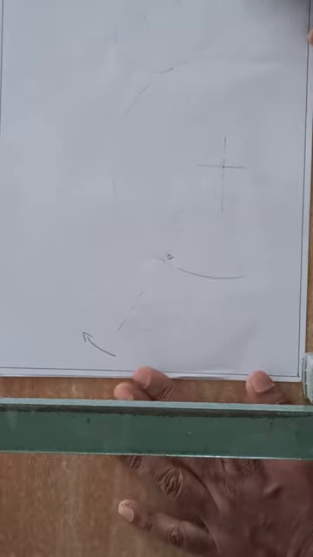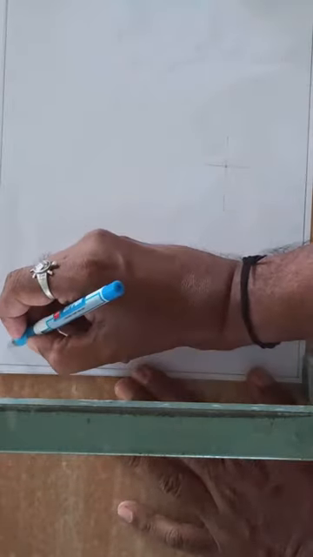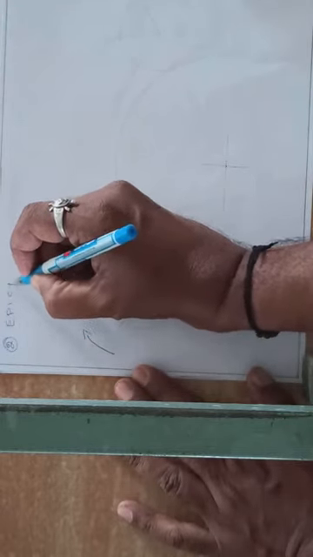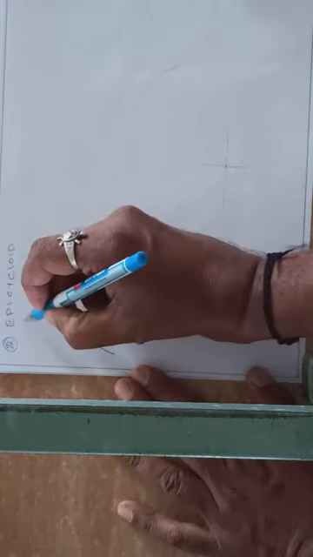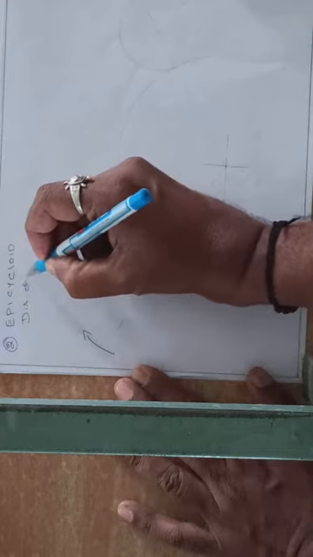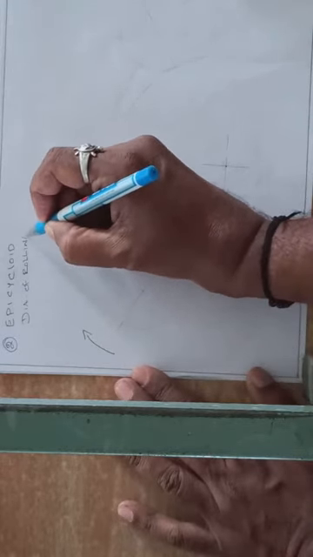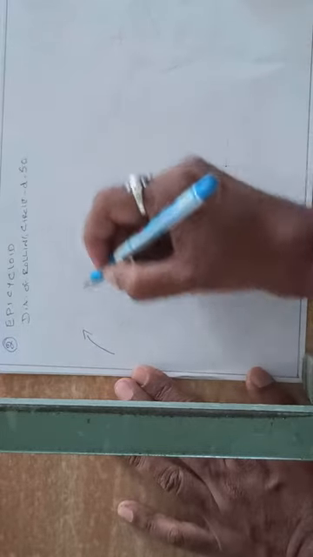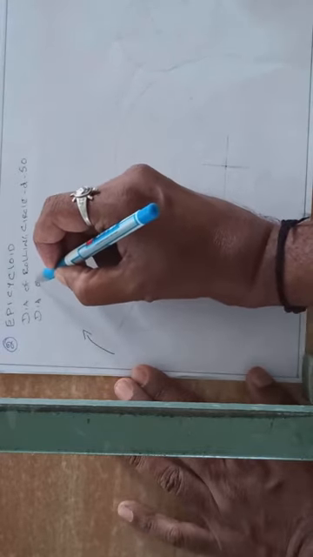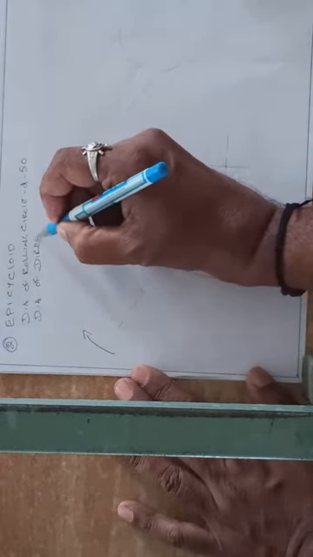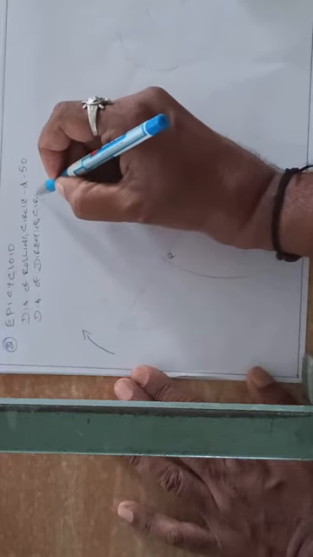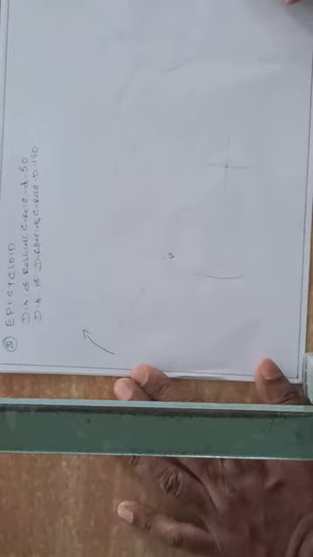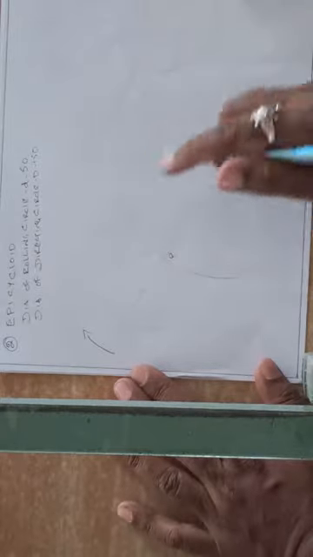Here this rolling circle is rolling over a big circle. So now, this is problem number 2, and here we are going to construct an epicycloid. It is given that the diameter of the rolling circle, small d, is 50 mm and the diameter of the directing circle, capital D, is 150 mm. Now it is rolling for one revolution in clockwise direction.